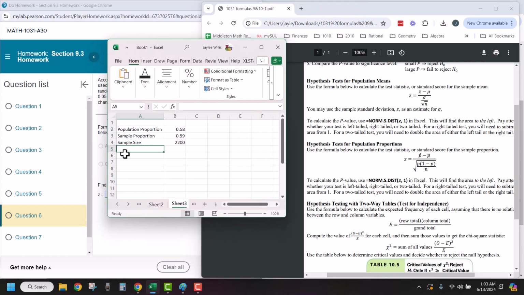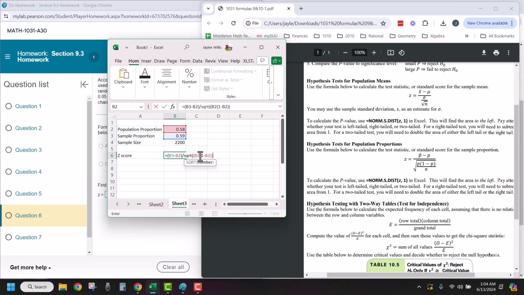There we go. Okay, so my z-score in this case is going to be equal to p hat. I'm going to put this in parentheses because I want to do each part of my calculation in the right order. So I'm going to take my sample proportion, subtract my population proportion, and divide that result by the square root of, in parentheses, the population proportion times 1 minus the population proportion, divided by,